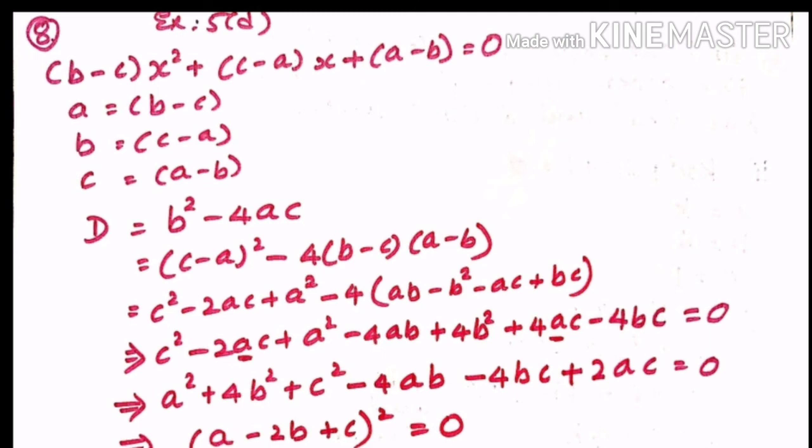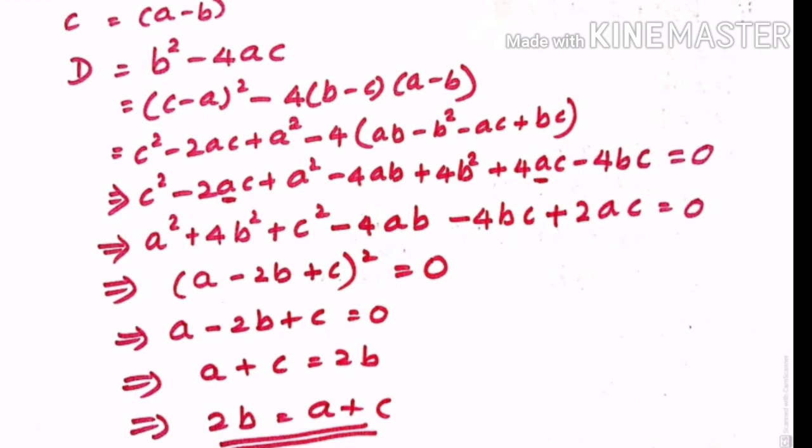Now think, students, last year in 9th standard we have already studied the expansion chapter. In that we have the fifth identity as a plus b plus c whole square. So this is that expansion, and I wrote accordingly that a minus 2b plus c whole square is equal to 0. It is the expansion of this term. And then the square is 0, why is there 0 again on the right side? Because it is given equal roots, means discriminant is 0. Now if the square is 0, then that bracket is also 0. So I write a minus 2b plus c is equal to 0.